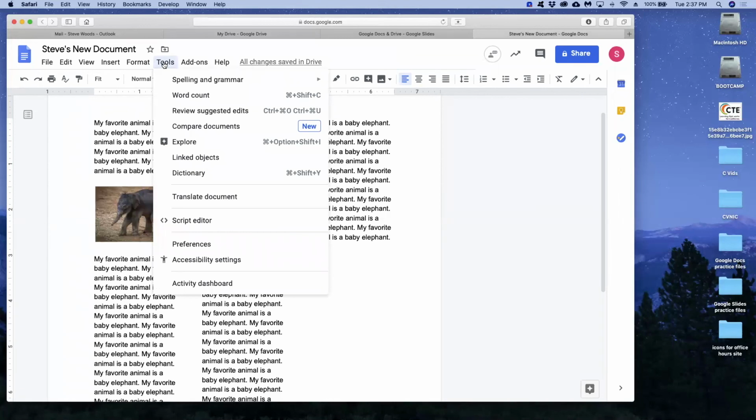Now, the one thing you won't see in here that I alluded to is you can do voice typing. You're not going to see it in any browser except for Google Chrome. So if you use Google Chrome, under Tools, when you open a document, you'll see voice to text or voice typing. And if you click it and you say the mic can listen to you, you can talk and it will write every word you say as you type. You have to kind of treat it like Siri, where you have to say new paragraph, comma, period, stuff like that. But it will type what you say, and then you can go back and edit any adjustments you need to make,